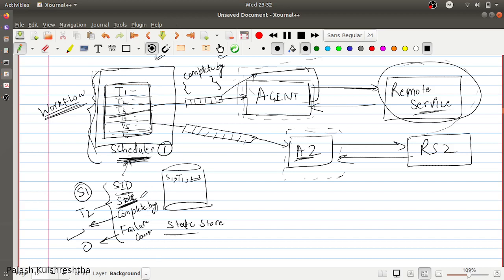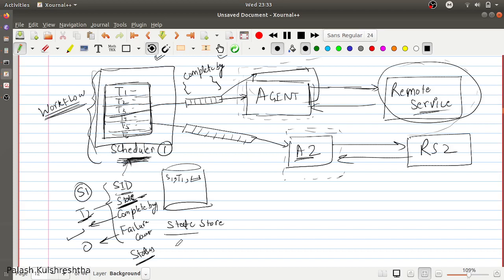So the scheduler can update the state for a particular task, right? It is also going to have a status. So what is the current status of this task?